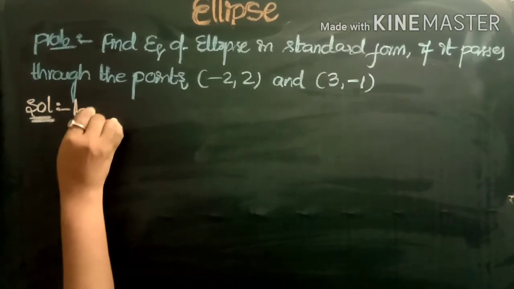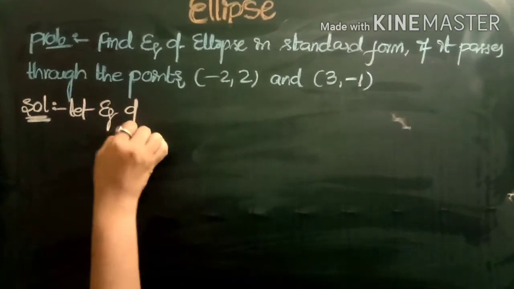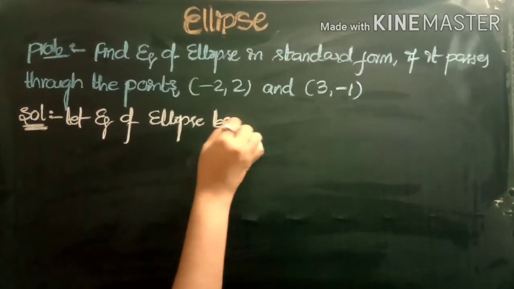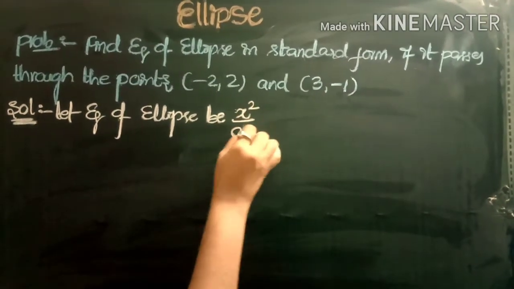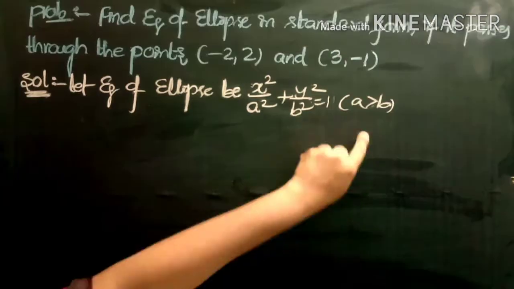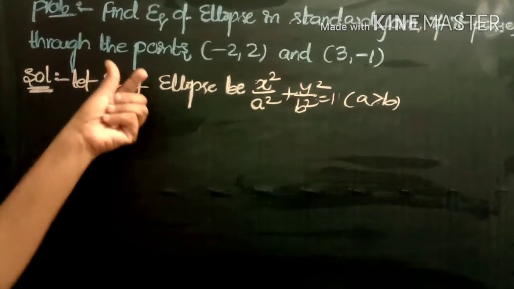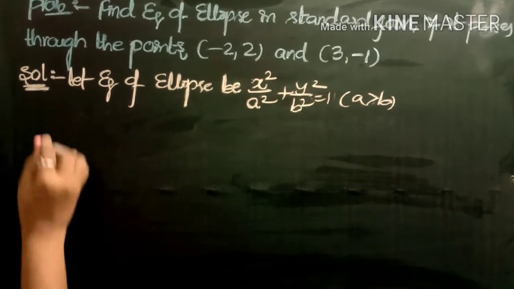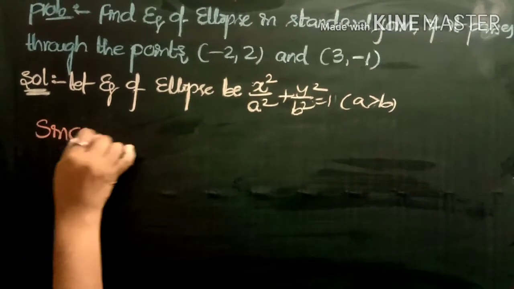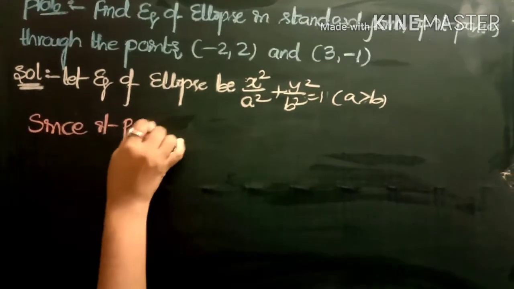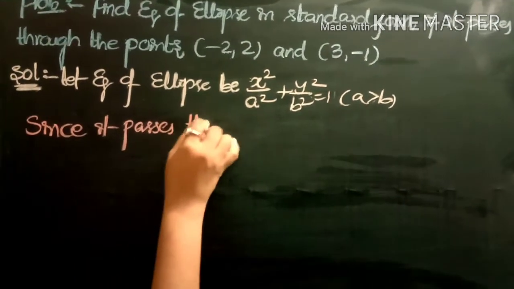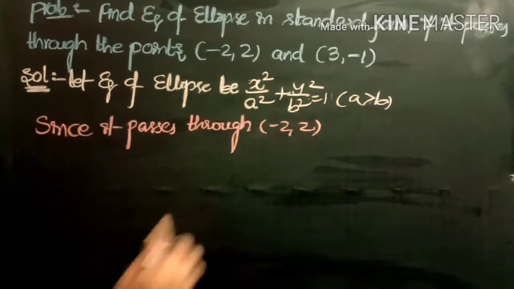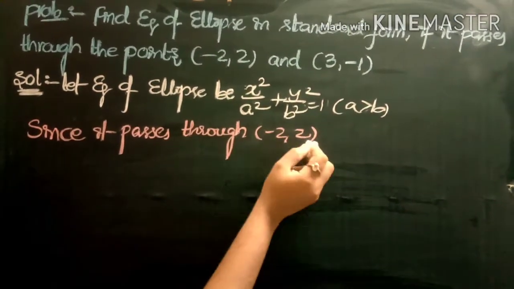So here we take the formula that the equation of the ellipse is x square by a square plus y square by b square is equal to 1, a greater than b. Given that the ellipse passes through the points minus 2 comma 2 and 3 comma minus 1. So first we substitute the first point. Since it passes through the point minus 2 comma 2,